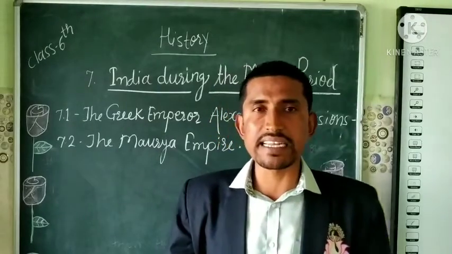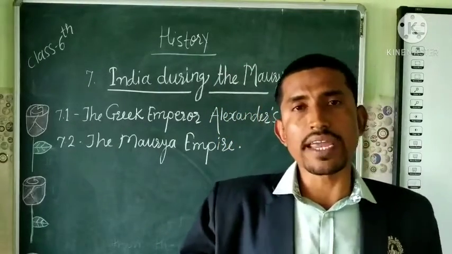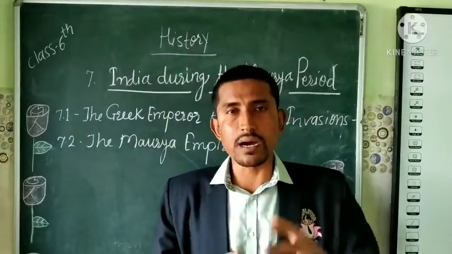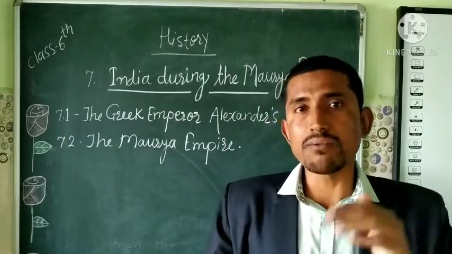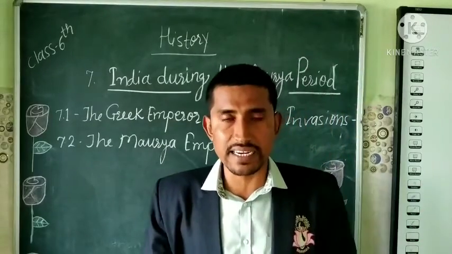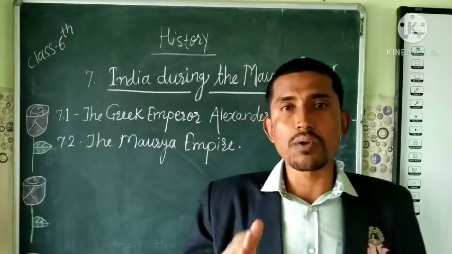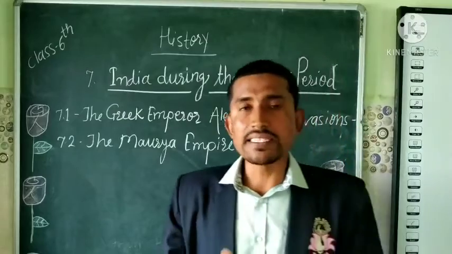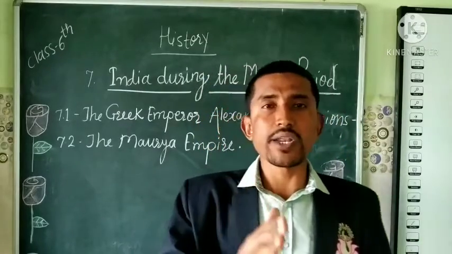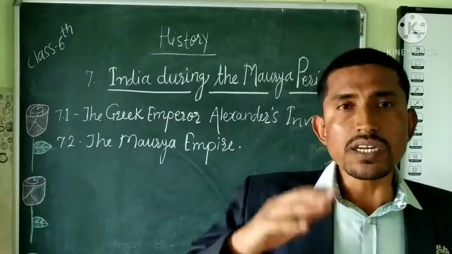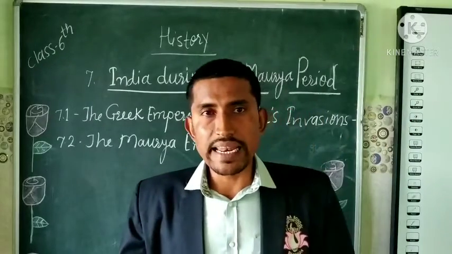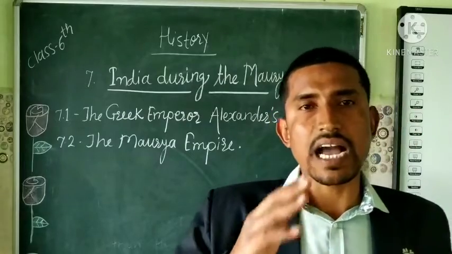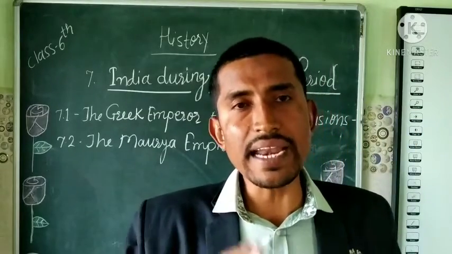Like Alexander the Great, Seleucus Nicator also invaded the northwest frontier of India and he reached up to the Punjab, but he did not succeed like Alexander because Chandragupta Maurya successfully resisted Seleucus Nicator and Chandragupta defeated Seleucus Nicator. So the defeat of Seleucus Nicator led to the inclusion of the northwestern region, that is Kabul, Kandahar and Herat